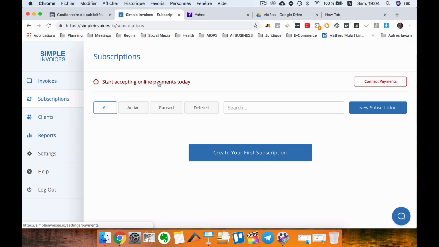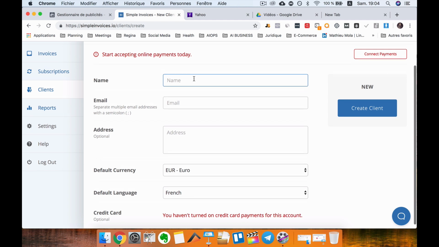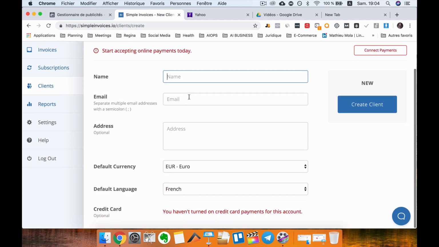So here is the interesting part, subscription. As you can see, for subscription, it's saying start accepting online payments today. We are not going to do it right away. But the first thing that I want you to check is the clients section. So let's say that you have a client, you have an agreement with your client, you are going in SimpleInvoices in your onboarding meeting, and you're just going to say, okay, let's create an account for you. So name of your client, it can be a business name, email where to join the client, the address,